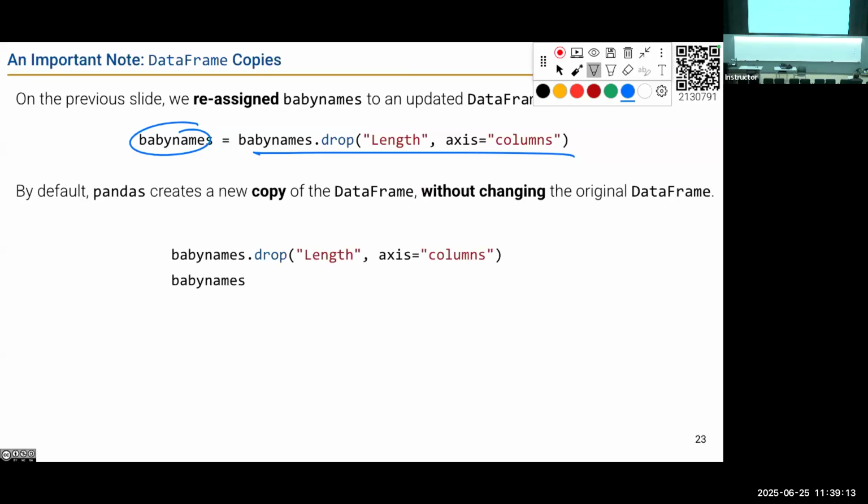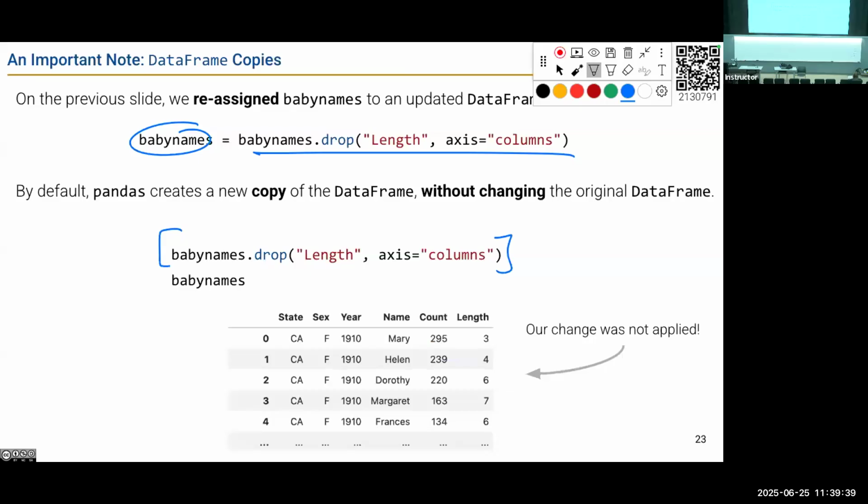If I just were to run baby names .drop with length, axis equals column, what that would do is print out, if you put that code in its own cell, a data frame that didn't have the length column. But then if I printed out baby names, the original data set that I supposedly dropped length from, the length column would still be there.